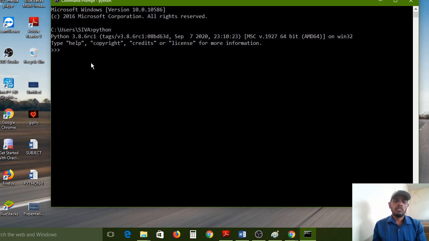Through the command prompt, we can open every file available in our current system. Like that, I have opened the Python shell using the command prompt. After typing the Python command, immediately press enter, and it will connect to the Python shell.